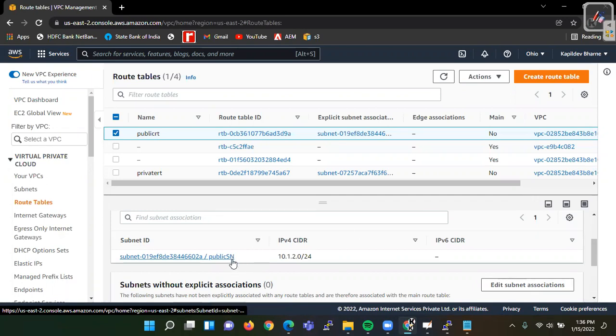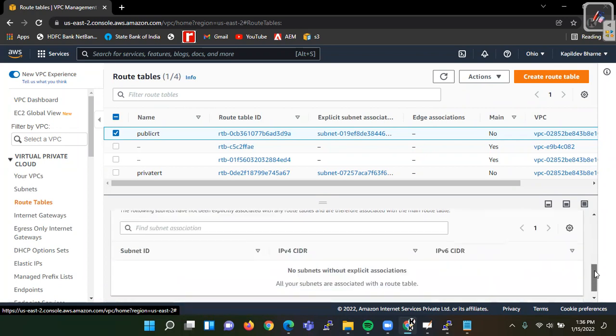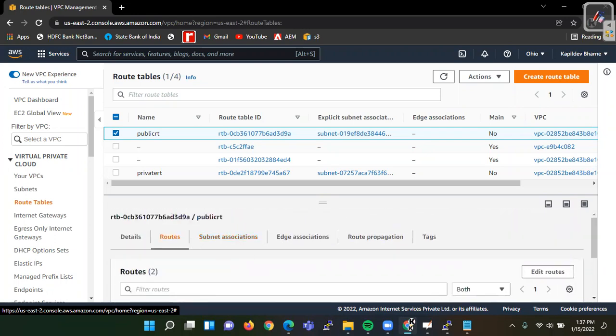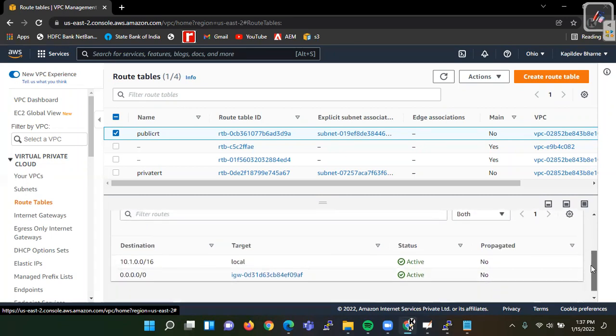Ten point. This is public. Public subnet is 10.1.20. Okay. And what about routes? Okay, we have written local.